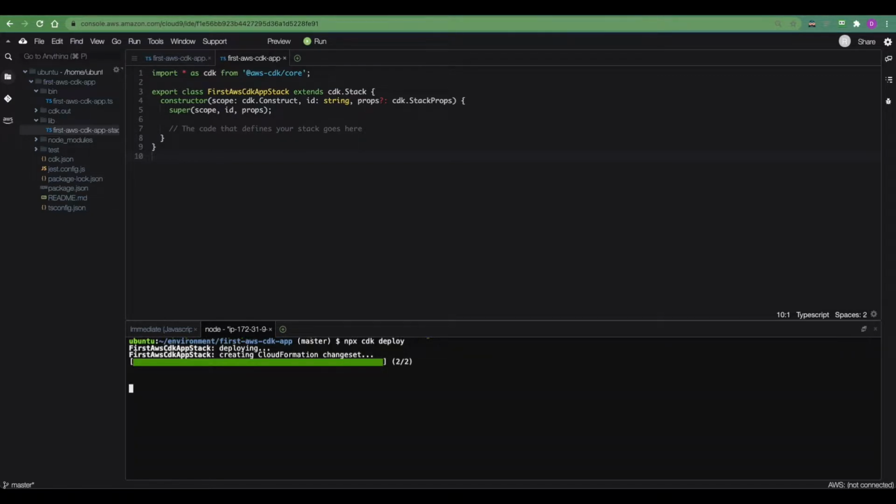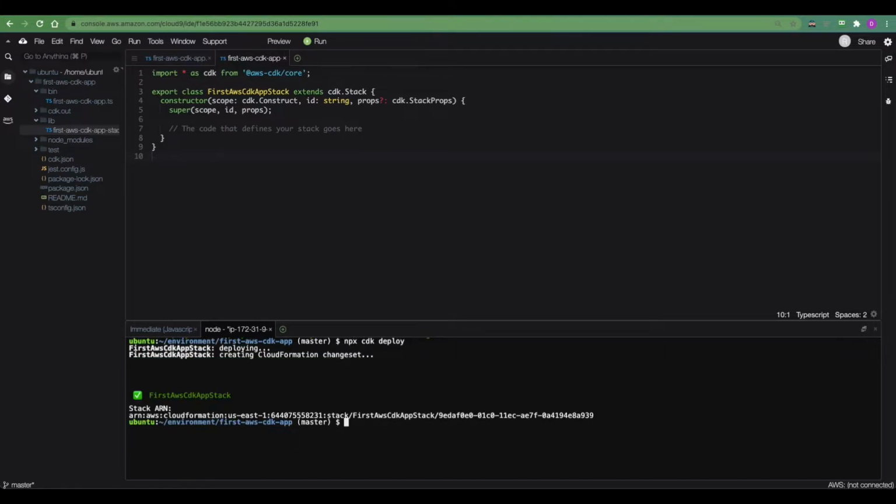Of course, in a more advanced scenario, you will need to add extra arguments to the CLI, for example, if you have multiple stacks within the CDK application. Now that our application has been deployed using CloudFormation as a service internally, we already talked about CloudFormation,